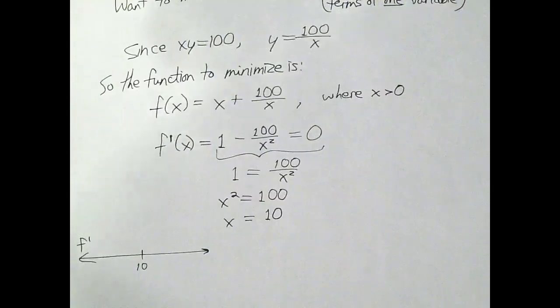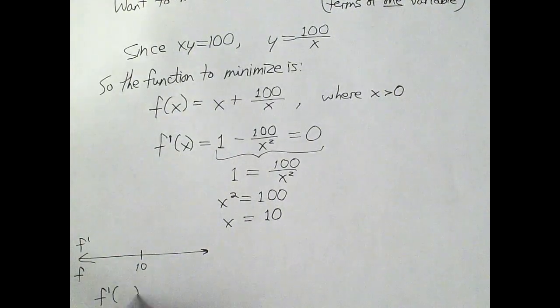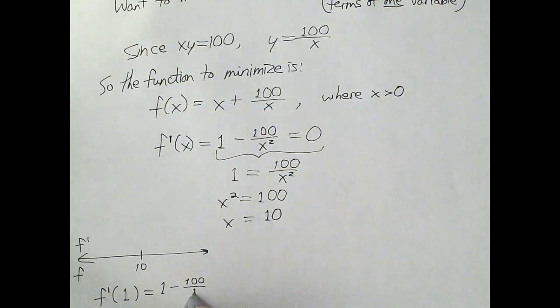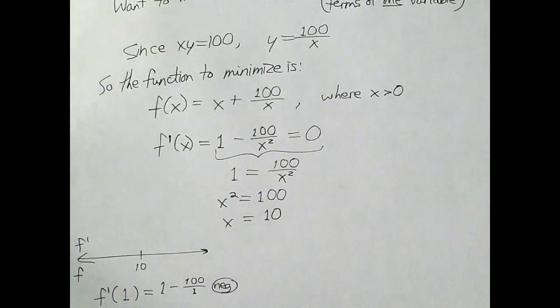F prime. What should we check? Let's just check 1 again. 1 is pretty easy to check. F prime of 1 is 1 minus 100 over 1. This is definitely negative. We need something to the right of 10. What would be an easy number to go with? Let's do 12. So 1 minus